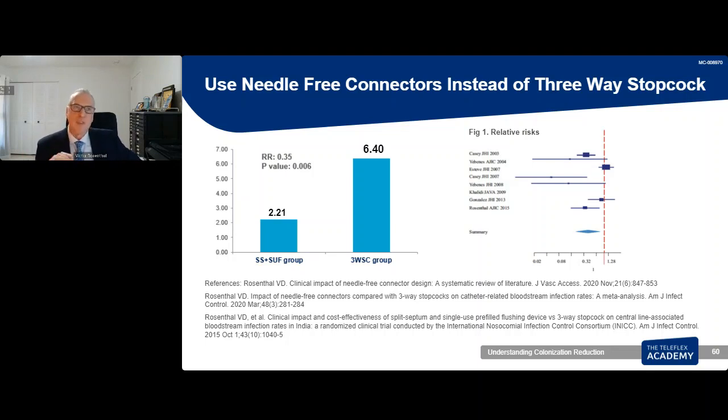The moment of the reflux with the positive displacement is during connection. The moment of reflux of the negative is during disconnection, and the neutral has no reflux. That's why it's important to understand that if you are using a needleless connector with positive displacement, you need to disinfect, of course, then you need to flush, then you need to